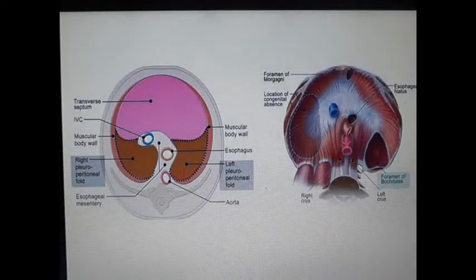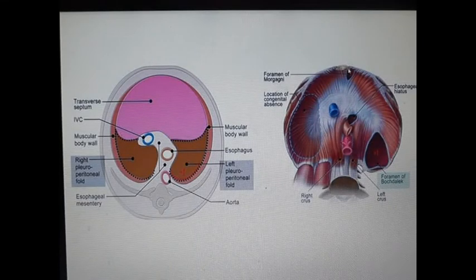Developmentally, there can be chances of congenital hernias because of partial development of diaphragm. The posterolateral part of the diaphragm is mainly formed by the pleuroperitoneal folds, and if these pleuroperitoneal folds fail to form, it results in a hernia which is called foramen of Bochdalek. Foramen of Bochdalek herniates gastric and intestinal contents into the thoracic cavity.